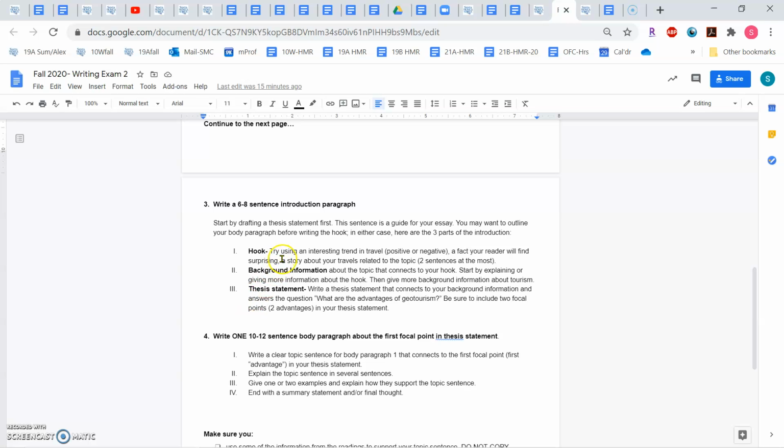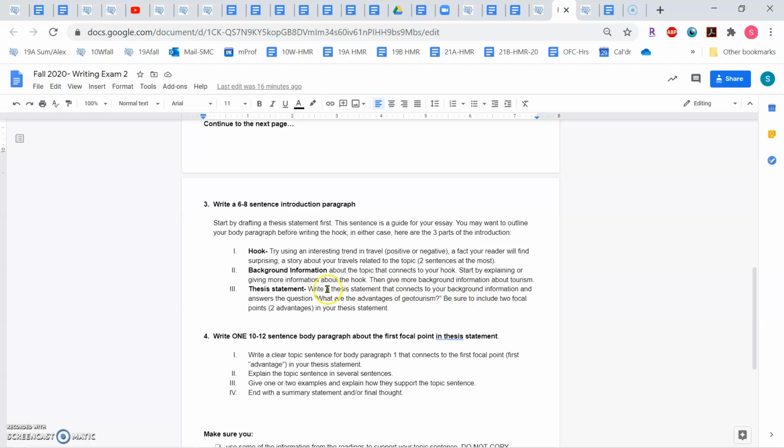So for the hook, you're going to try to use an interesting trend in travel, perhaps. It could be a positive or negative trend, a fact your reader will find surprising, or a story about your travels related to the topic, but keep it short, 2 sentences at the most. Then write some background information about the topic that connects to your hook.